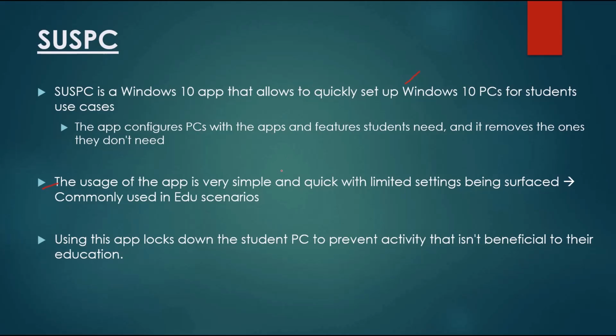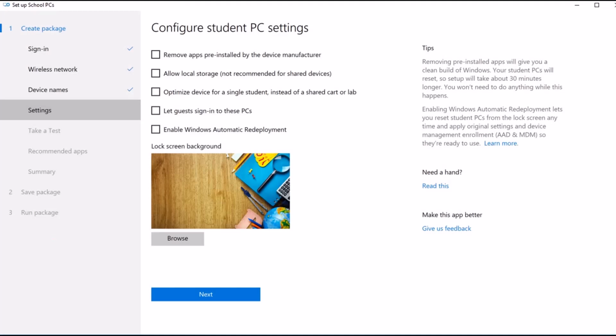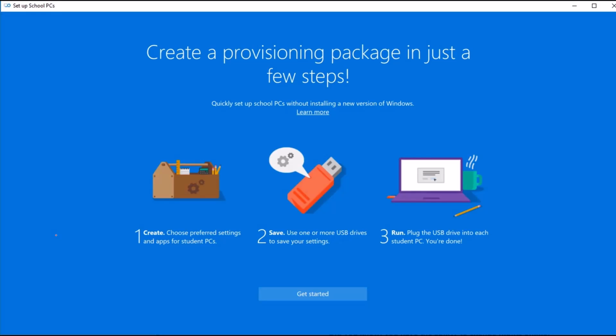Well, the person needs to be a global admin or Intune admin, but only limited settings are surfaced, which are commonly used in EDU scenarios, and the app locks down the device to a state wherein anything that is not beneficial to education is prevented. Okay, so we'll see this live in action later on, but I just wanted to share a couple of snippets